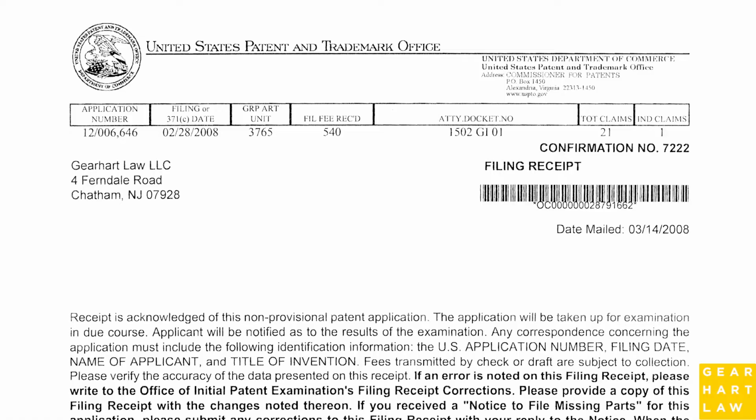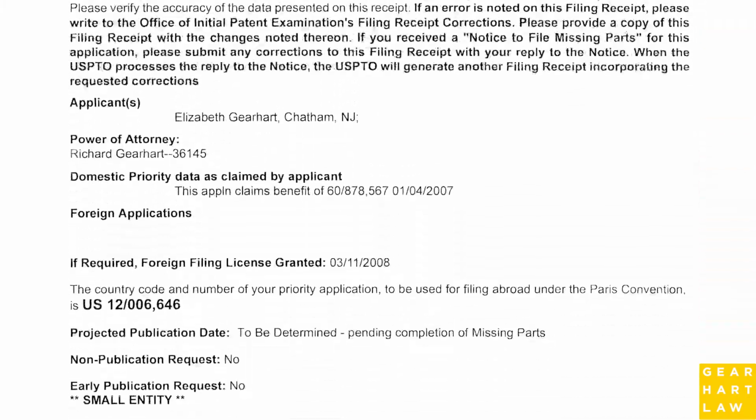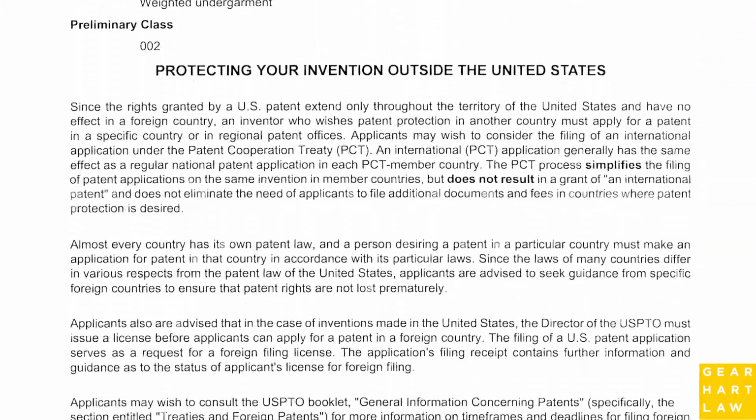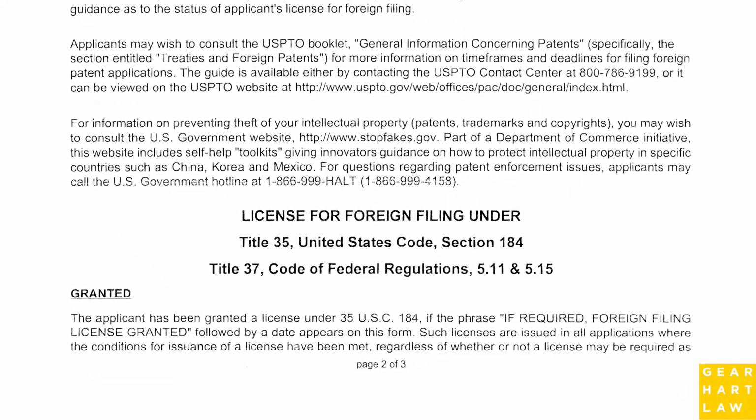So, how do you get it? Well, fortunately, it's a very easy process. When you file your patent application, you get a filing receipt that's sent to you by the patent office acknowledging receipt of your application and putting all sorts of useful information, the title of the invention, the serial number, the filing date, and then about halfway down the document, you'll see some notation that the foreign filing license is